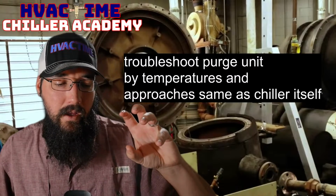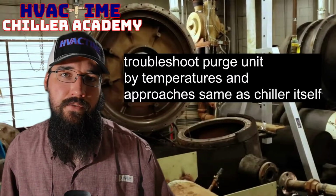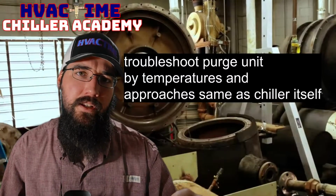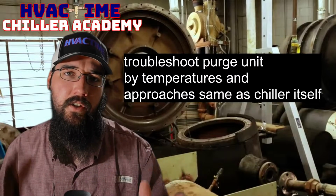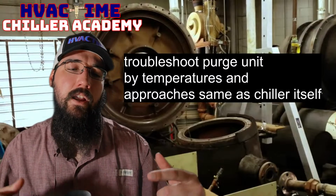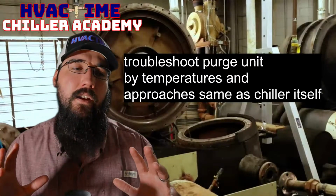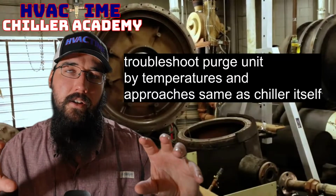And if the purge is still not functioning, where the evaporator's not pulling down, I know I've got non-condensables. I'm surging like crazy. I'm running high condenser approaches and pressures. So I know all that's happening, but the purge just isn't working, and I've got a fresh charge in there and it's still having trouble. Then I'll start looking into other factors,